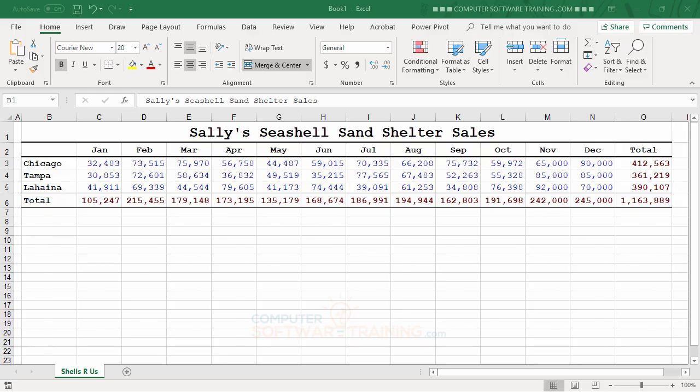So what we have here is data from Sally's Seashell Sand Shelter sales. Yeah, I said it. For the whole year, monthly sales, 3 different territories that we're selling into. And we want to just kind of show that with a line graph. So line graphs are great for showing a time element. It's not that they're not good for anything else, but when it comes to showing how values change over time and showing that in a graph, the line graph is a great way of